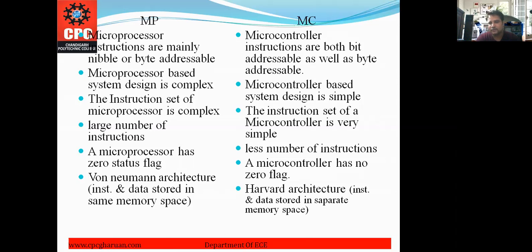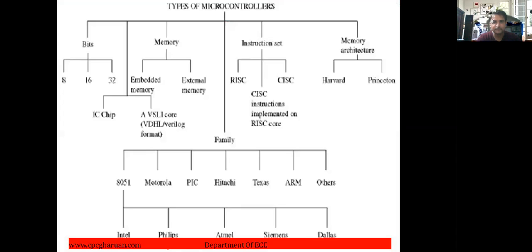But in the Harvard architecture that is used in the microcontroller, the instructions and the data are both stored in separate memory spaces. That is the difference between the von Neumann architecture and Harvard architecture. Von Neumann architecture is used for the microprocessor, and microcontroller uses the Harvard architecture.